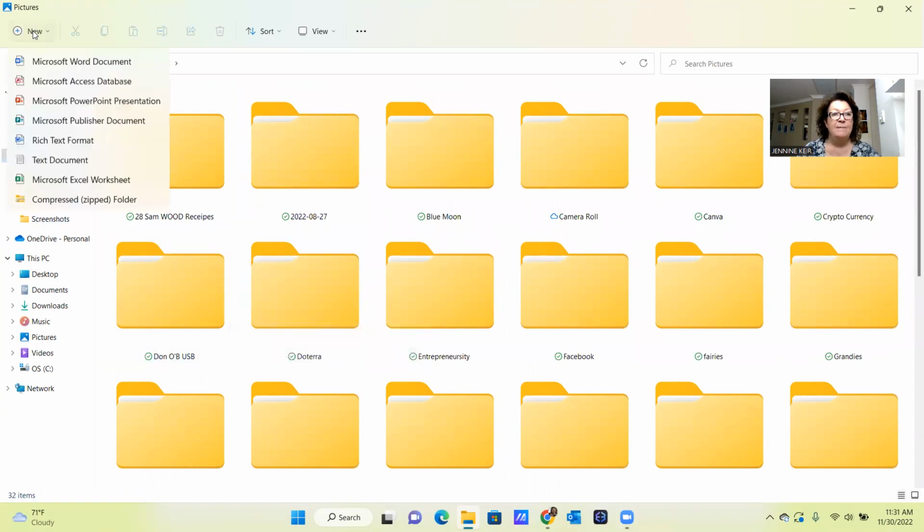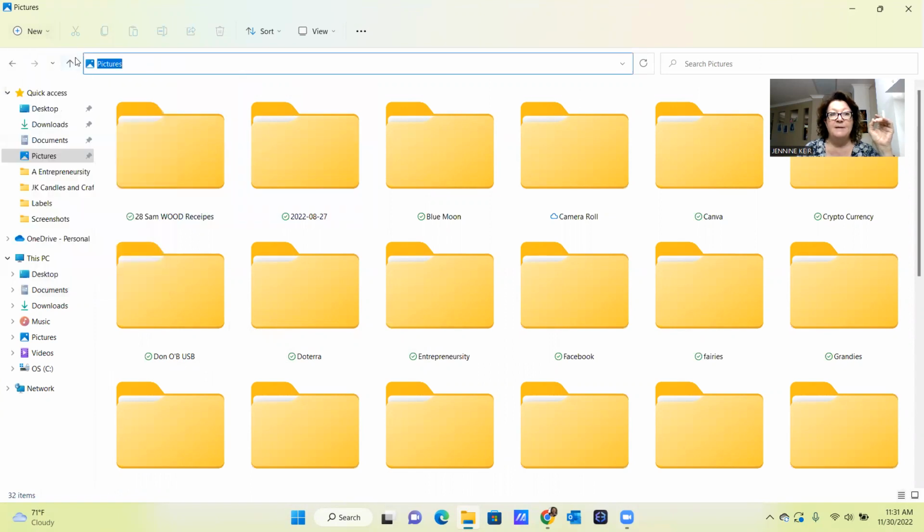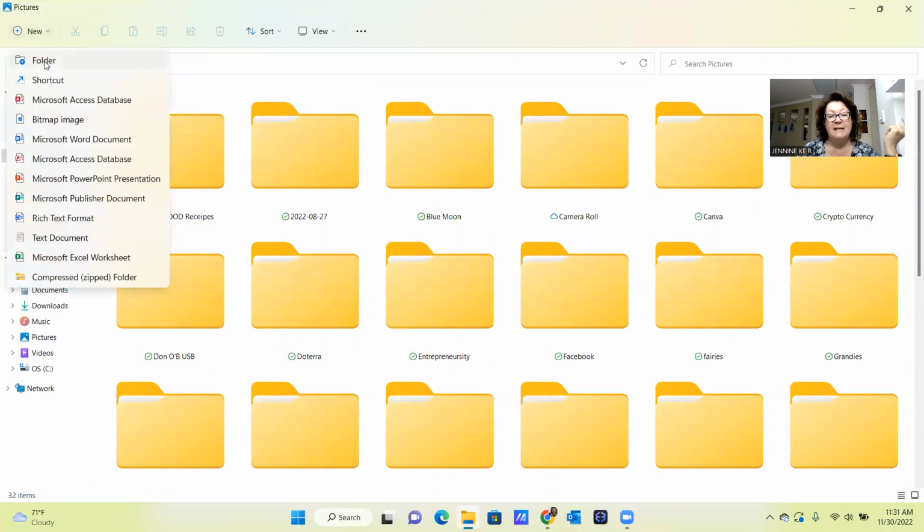If you click on new, now everyone's different. In my top left-hand corner, I've got a new button. Sometimes it's just a little yellow folder up the top, and you can click on that or ask if you want to create a new folder. So we need to spend time and get familiar. Now mine says new, mine's all changed, so it confused me a bit, but now I click on that, I can see a new folder.